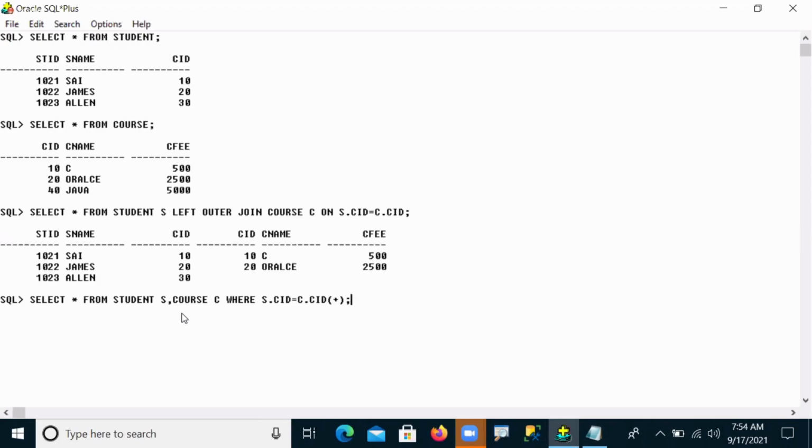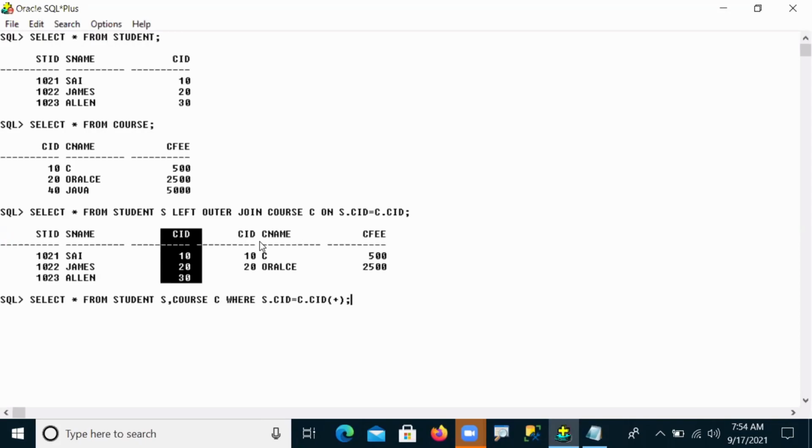The join operator I'm using is on one side of the particular table. Here I'm using which join? Left outer join. So left outer means complete data is retrieved from the left side.